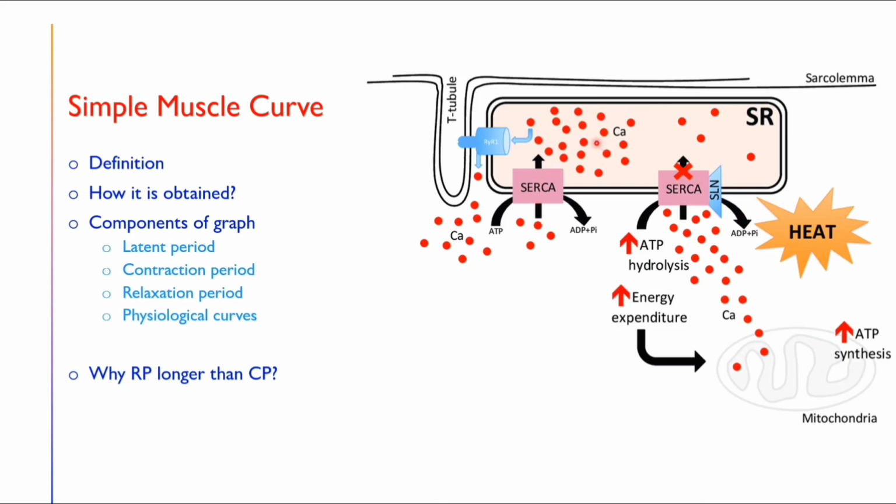The calcium that is present in the sarcoplasmic reticulum is released when the muscle action potential is produced, through the ryanodine receptor into the sarcoplasm. This calcium will cause muscle contraction. Now, in order to cause muscle relaxation, the same calcium needs to be pushed back into the sarcoplasmic reticulum. That pushing back is done by the SERCA pump. This SERCA pump uses the energy of ATP to push the calcium back into the sarcoplasmic reticulum.